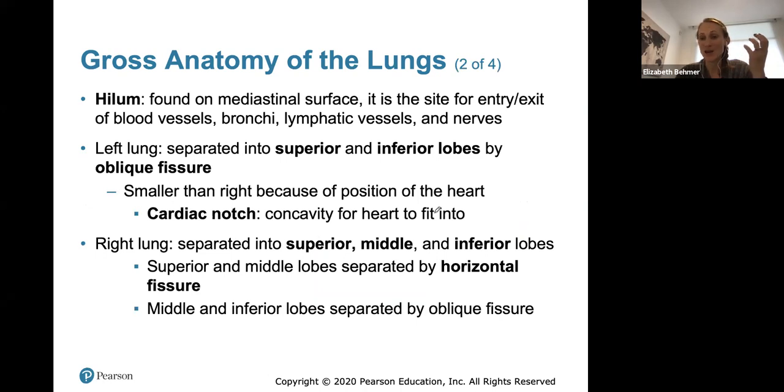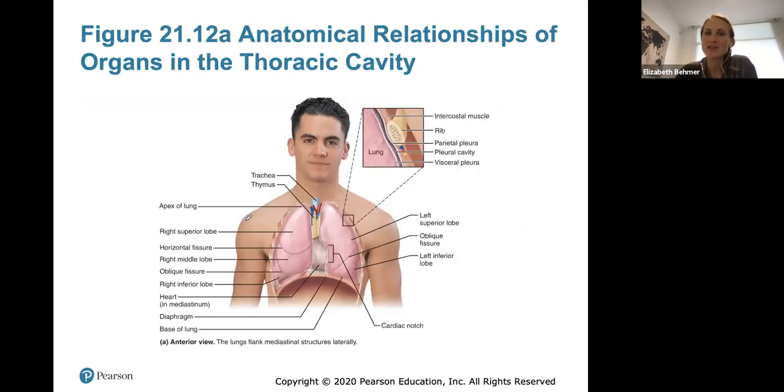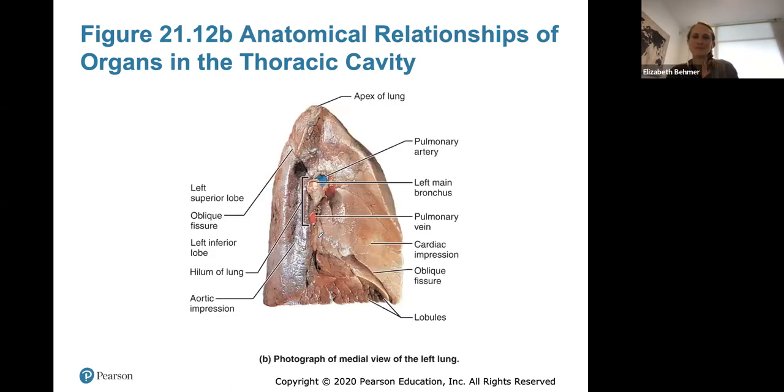The hilum is the area of entry and exit of all the blood vessels, bronchi, lymphatic vessels, and nerves. We have a left lung and a right lung and different lobes to each. And again, the left lung is smaller because it leaves space for the heart and it will fit nicely into a cardiac notch. So here's a look at the anatomical relationship to organs in the thoracic cavity, showing where they lie within the rib cage,